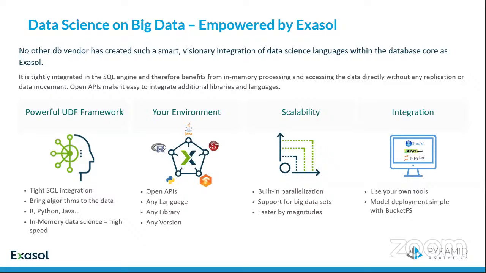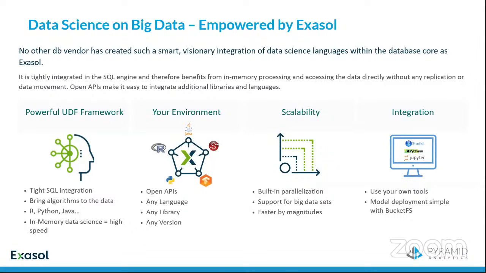But in the data science area, you, of course, usually have a different tool set that you're used to working with. They are also fully supported, be it RStudio or PyCharm or Jupyter Notebooks, something that many data scientists, as I learned, love to use. These are fully supported, so you can also use these to create the proper algorithms, train the models, create the functions and deploy them in the database, and then use them there in combination with Pyramid Analytics to get the most out of your data that is stored in there.